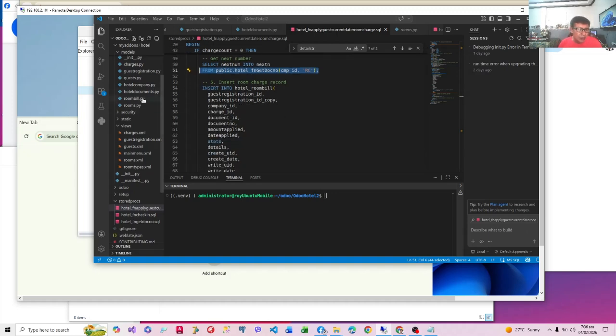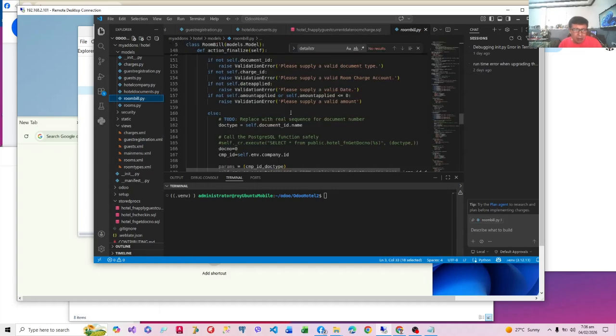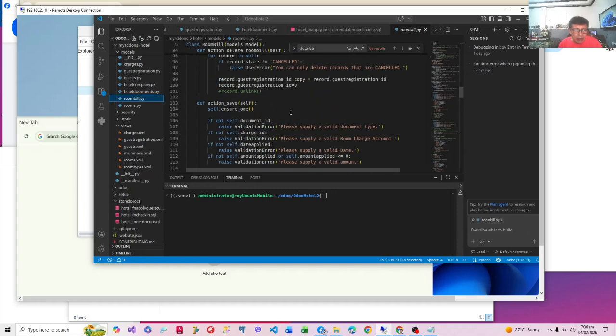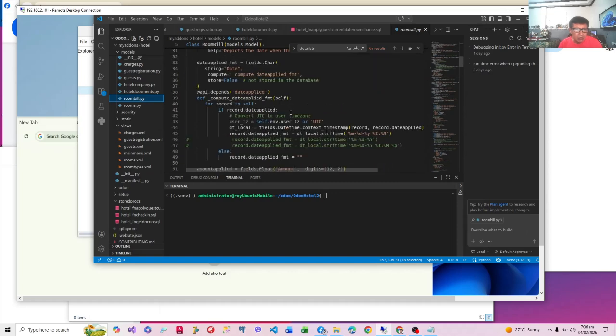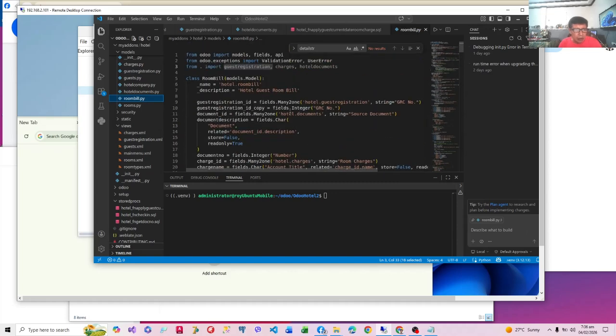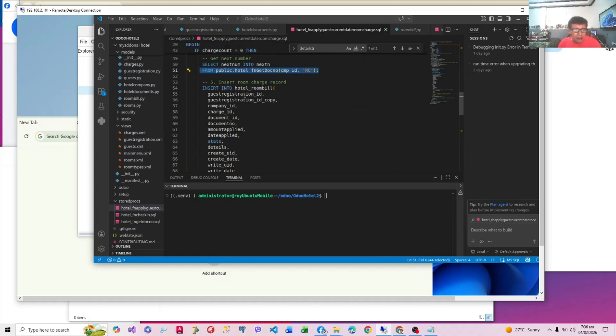Remember, we have a room bill type, or rather model, which has these fields, no? So therefore, we are going to insert the guest registration ID, the copy, in case no during insertion of the bill, the company ID, because we are multi hotel, multi company, the charge ID.